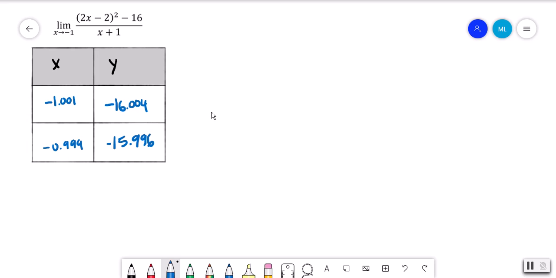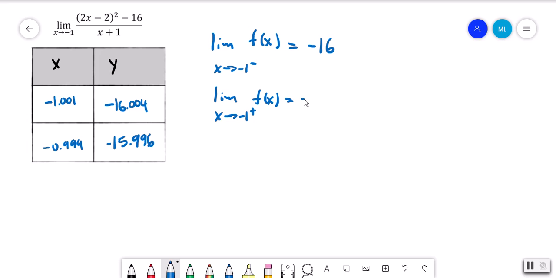Okay, now that sort of result basically tells me that the limit as x approaches -1 from the left side of, we can call this f of x, like if we were to say that we have a function, but really we had an expression, is going to be -16.004. Wait a second. Actually, we should just say -16, because the idea is that you're saying what it tends towards. So we'll say that it's -16, and the limit as x approaches -1 from the right side, if we call this f of x, we'll say this is -16. So all of this together tells us that the limit as x approaches -1 for our expression, which we're going to call f of x,